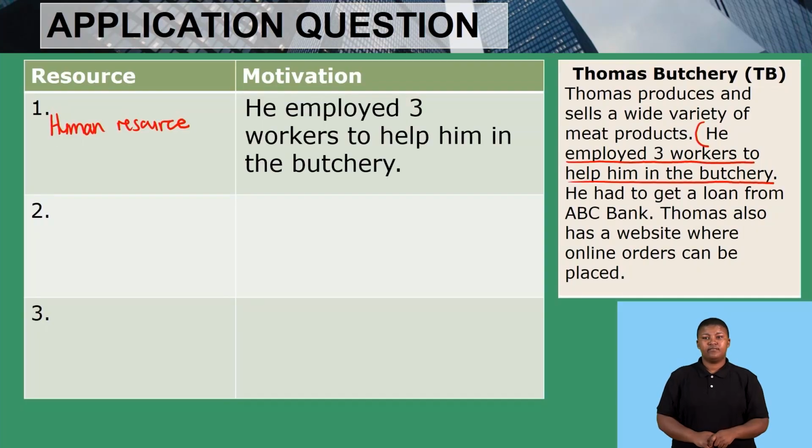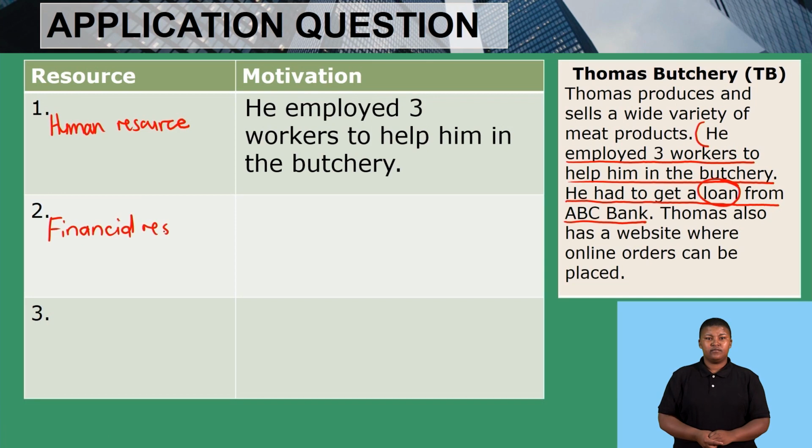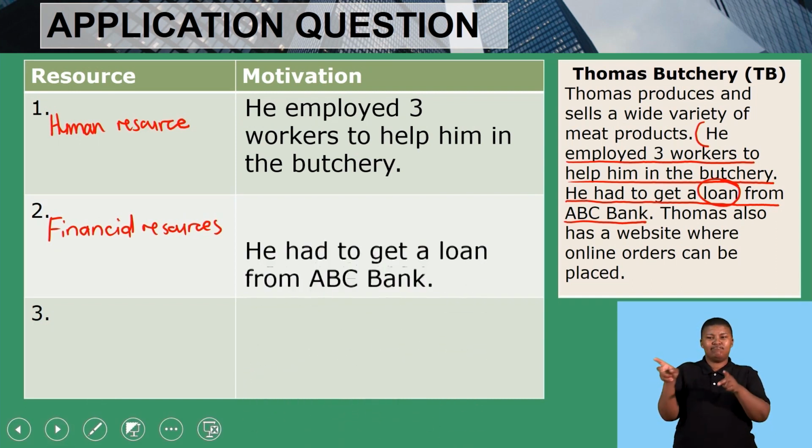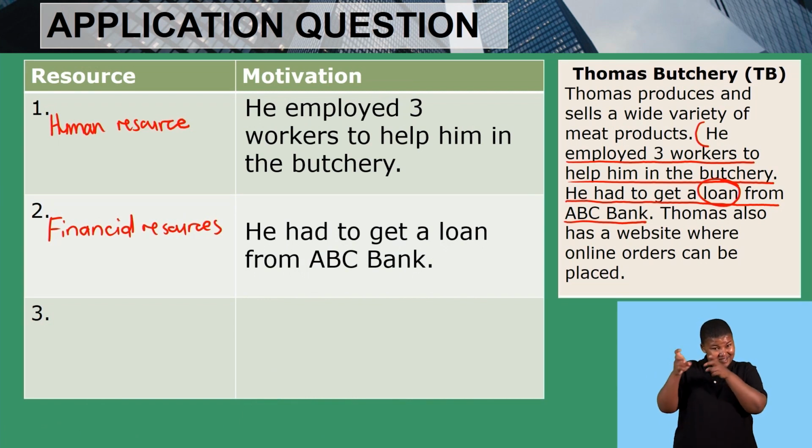Okay, so that is our first resource. The second sentence continues: he had to get a loan from ABC Bank. So that loan means we had to borrow some money, and money is our financial resources. So let's take a look at that, financial resources. So what will our quote be then? Yes, our quote will be, he had to get a loan from ABC Bank, exactly as it was stated in